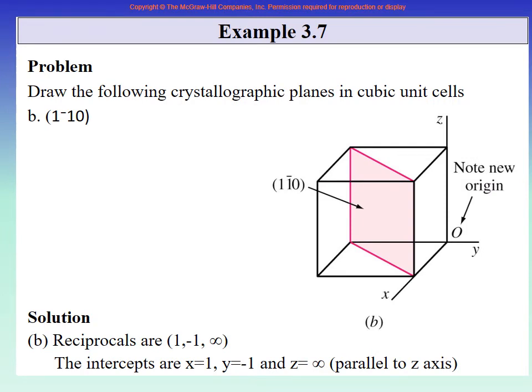This is 1, minus 1, 0. So first of all, as soon as it is minus 1 on y-axis, what should we do? We should change the origin on y-axis, right? This is your previous thing. We did the same thing in direction indices. So if there is a minus 1 on y-axis, then this is x, that is y. So make this your new origin. So this is the first thing that you do. There is a minus 1 on y, so now your origin is this. From here you will find the intercepts now.